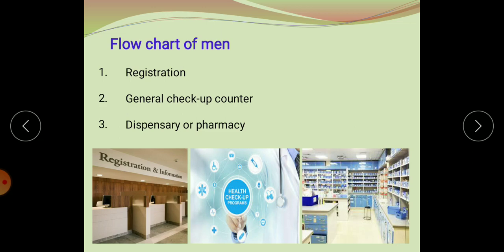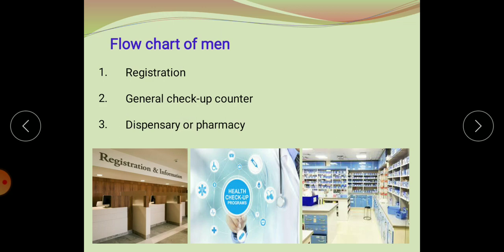Then after being thoroughly examined, the patients from the clinical service come again to the registration section before visiting the pharmacy. They come to the registration counter for any specific treatment another time. If they are referred to any other specific department, they have to register again, or pay another time. So they come back to the registration counter, and after all these general checkups and clinical specialties, both the new and old patients come to the